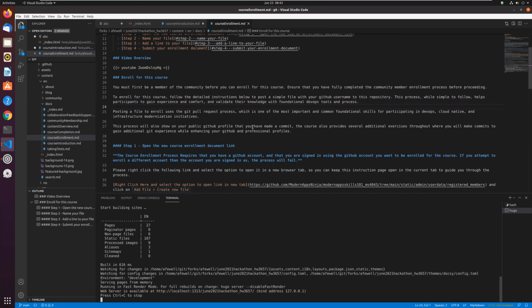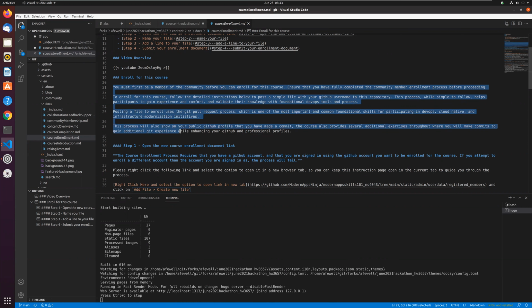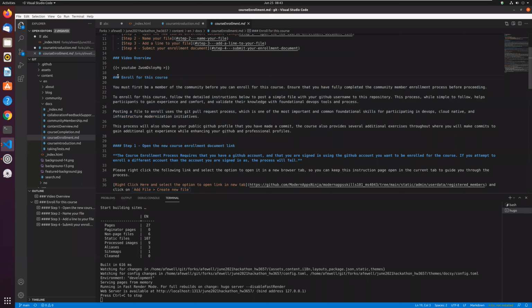If I go in and make an edit to my Markdown file, the way that all these sites work, when you go to ModernApps.Ninja, all the sites, we manage the content in Markdown. You can see here that this is mostly plain text. This little hash, I could learn that this represents a header, a level 3 header, and there are 3 hashtags.